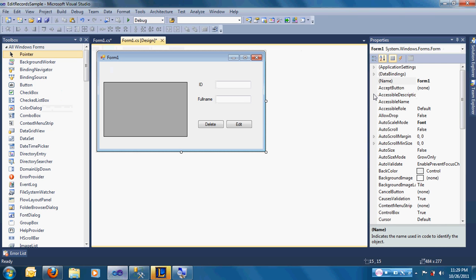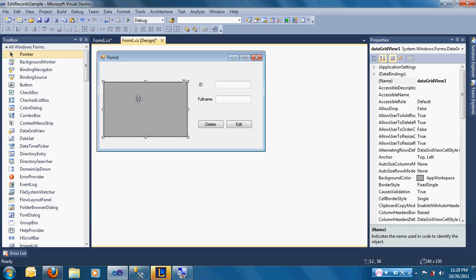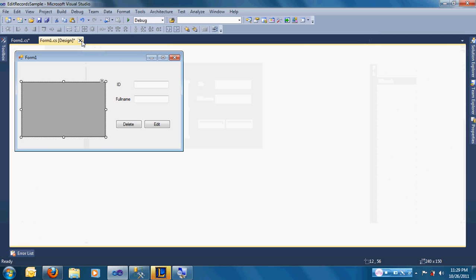First thing we're going to do is display the records into the data grid view. Since we're going to display the records first into the data grid view, when you double click a record in the data grid view, it will display it in the ID and full name, so that we can edit it or delete it. Okay, now to do that, let's minimize this for a bit. Double click on the form,